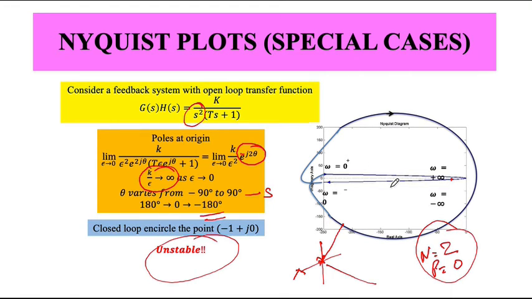There is something called relative stability. Most of the time I am interested in stability, and the system is just about stable. So the next question I will ask is how stable it is. If it is stable, will it remain there for a long time, or will a certain change in parameter push it to the verge of instability? A certain change in gain will push it to the verge of instability. So I want a reasonably good measure of how stable my system is. Okay, so that's all for today's lecture. Thank you.